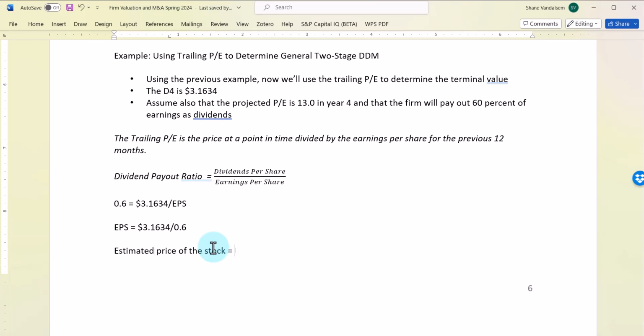And this is equal to the price to earnings ratio multiplied by the earnings per share. So it's PE multiplied by EPS, and that will give us the estimated price of the stock